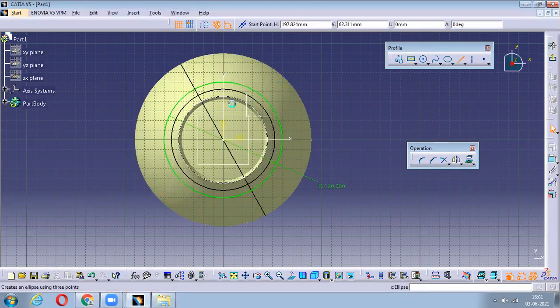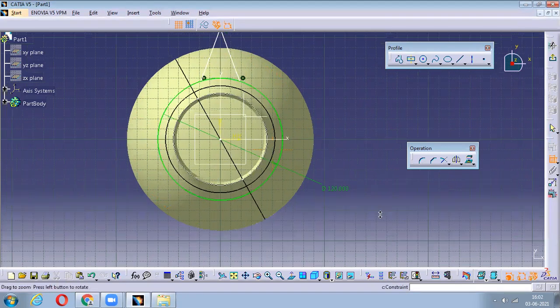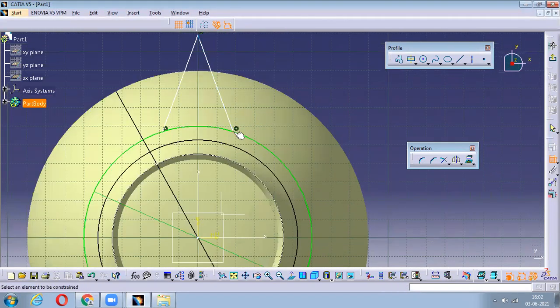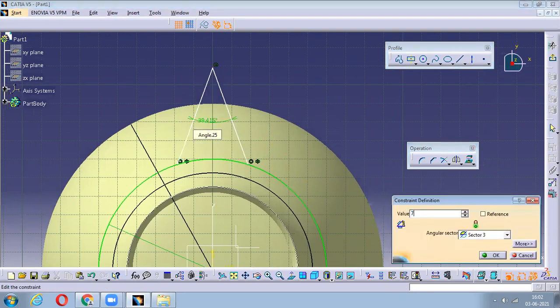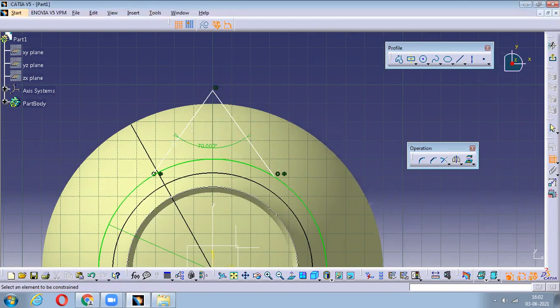What I'll do is I'll directly take a line. Sorry, I'll go with this profile instead of a line. I'll take it exactly at the center and create it here. Now I have to make them equally divided, so I'll go with allow symmetric line and make them symmetric. At the same time, I'll assign the angle between these two as 70 degrees, what he has shown, and this should be filleted.